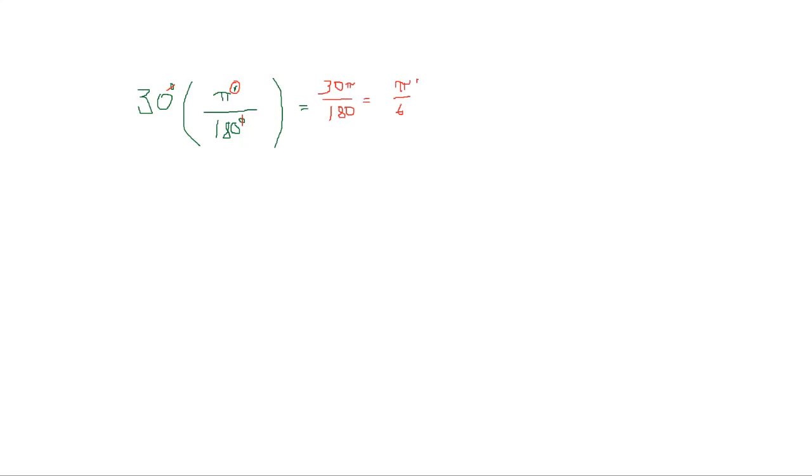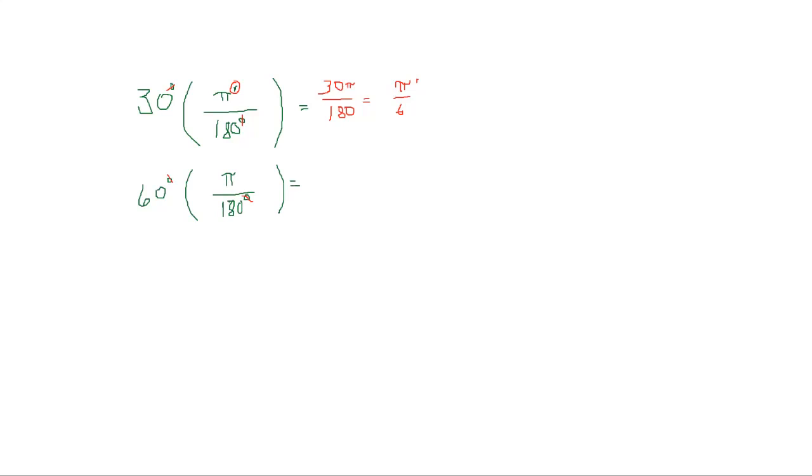Suppose we have 60 degrees, and I want to convert 60 degrees to radians. Well, it's going to be the exact same setup. Since I'm canceling degrees out, right, I'm going to put degrees in the bottom. And I know that 180 degrees is the same as pi radians. And that's going to just be, since the degrees will cancel,